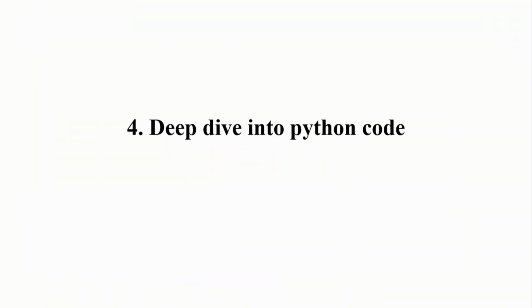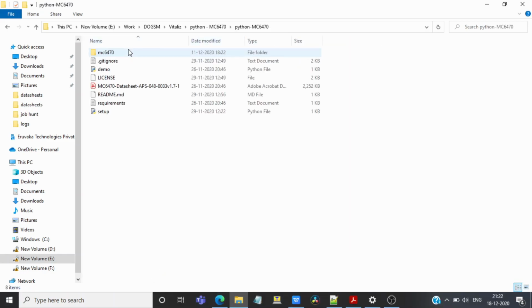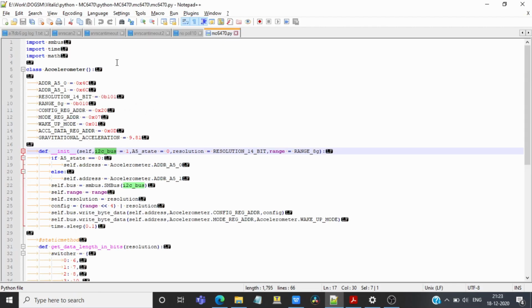Now let's look into the source code. This is the package that we have used earlier to access the MC6470 IC. Let me just open MC6470.py. I've used the SMBus package to access I2C in Raspberry Pi. Here's the accelerometer class that we have instantiated earlier in demo.py. Let's look at the constructor of this class. The arguments of this constructor are the I2C bus that we are using in Raspberry Pi, A5 state,